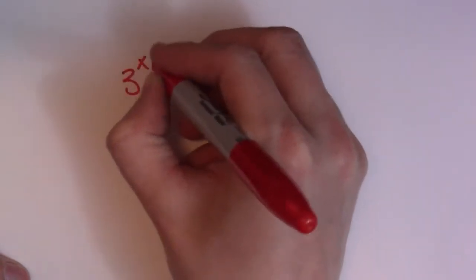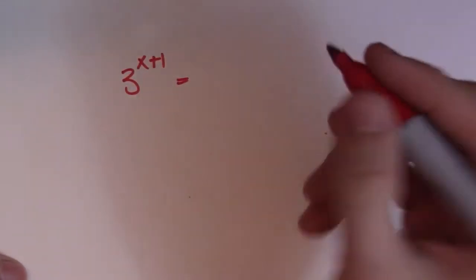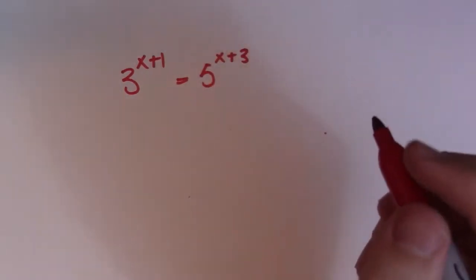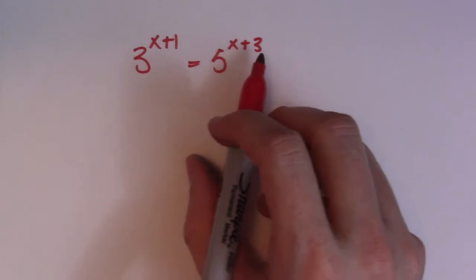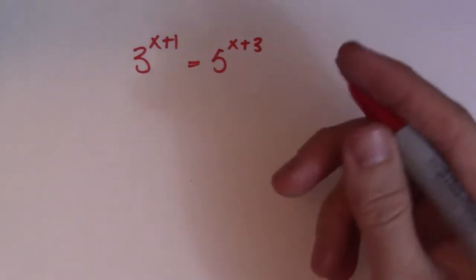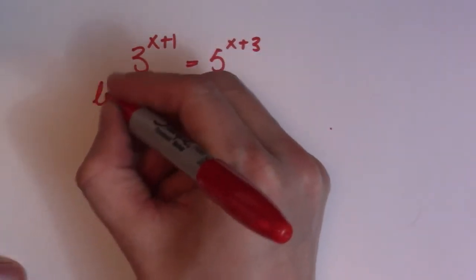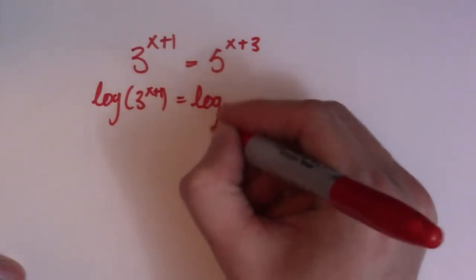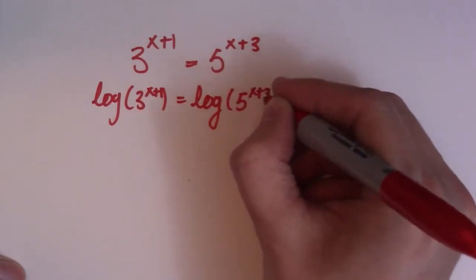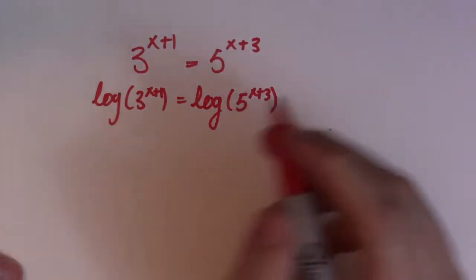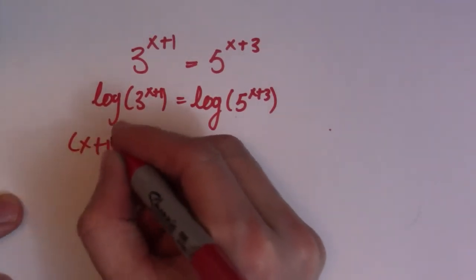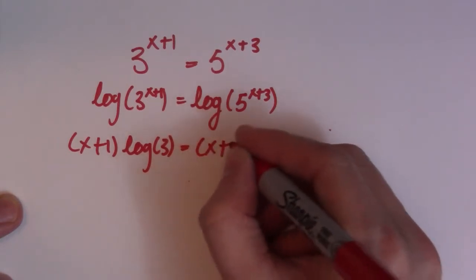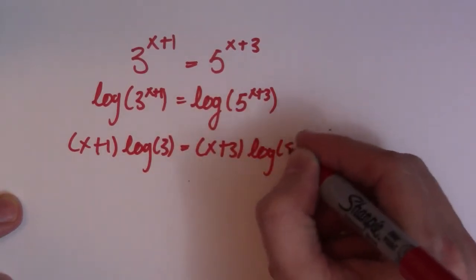So 3^(x+1) is equal to 5^(x+3). So this time I have exponents on both sides. So again, I have to take the log of both sides. So I get log 3^(x+1) is equal to log 5^(x+3), just like that. So those exponents come down in front. So I have (x+1) log of 3 is equal to (x+3) log of 5, just like